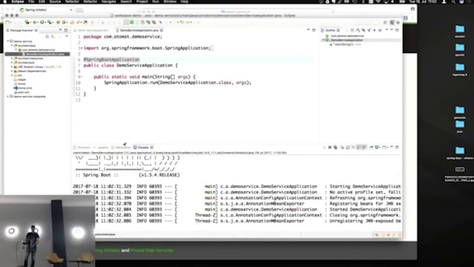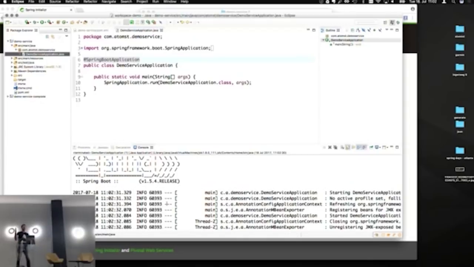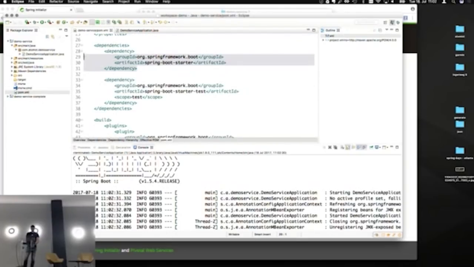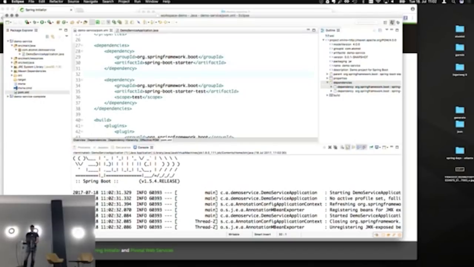So I can run this now. Obviously, that's just going to start and stop right away because we haven't actually done anything. This is just a main method that gets started, and it stops right away because there's nothing really magically happening here. The next thing, since I think most of us are really interested in web applications and let's do something RESTful, I'd go into the POM and use one of the really nice starters that Spring Boot gives you.